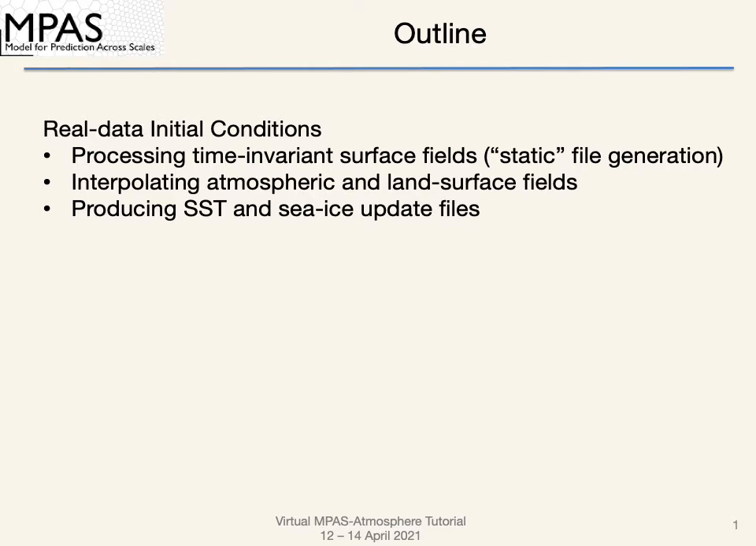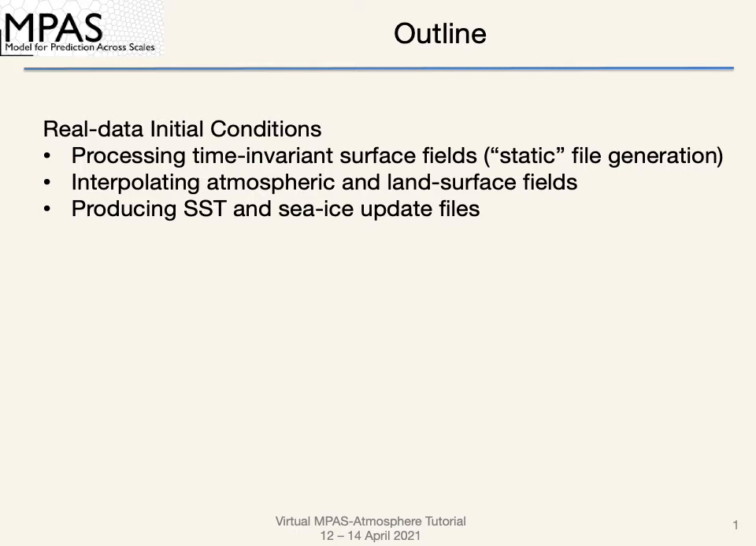Once we've interpolated these time invariant fields, we can generate a vertical grid using the terrain field, and then we can find some atmospheric analysis and from that interpolate atmospheric initial conditions. So a temperature field, a density field, a pressure field, a horizontal wind field, and so on. And we can also interpolate land surface fields. And these would be things like soil moisture and soil temperature, fields that are used by the land surface scheme